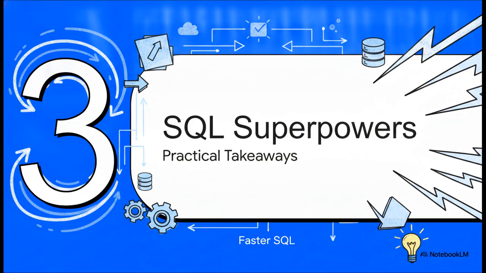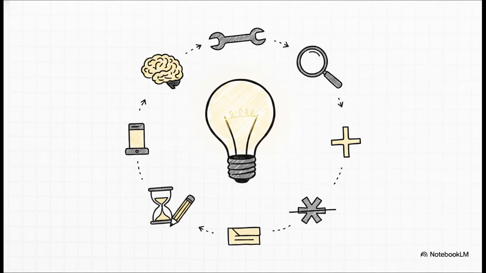Because understanding this invisible journey isn't just cool theory, it directly gives you the power to write significantly faster SQL. Here's what you can start doing today. Before you ever guess why a query is slow, just run explain. Break the habit of writing select star. It literally chokes the database with unnecessary data and blocks those blazing fast index-only scans. Remember the golden rule. Indexes speed up your reads, but they physically penalize your writes. Trust the optimizer to handle your join order, and please run analyze to fix stale statistics so your database isn't